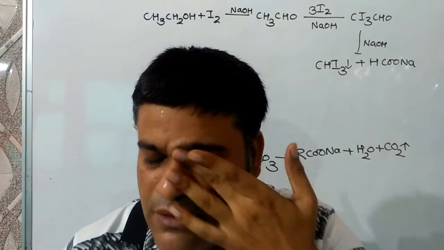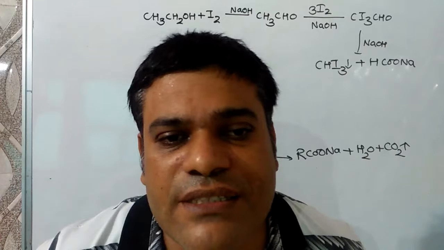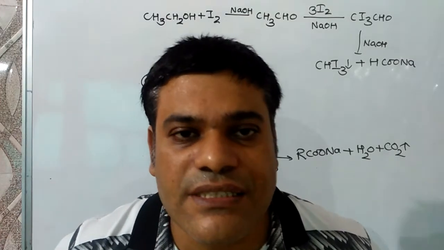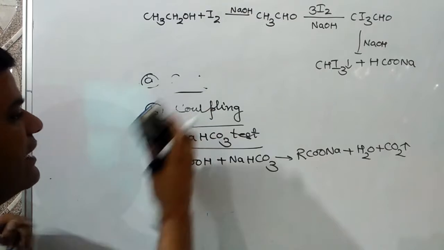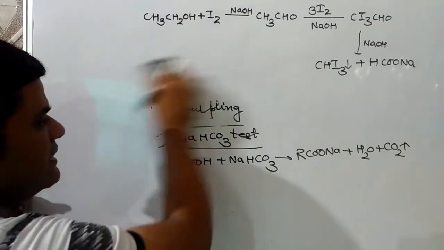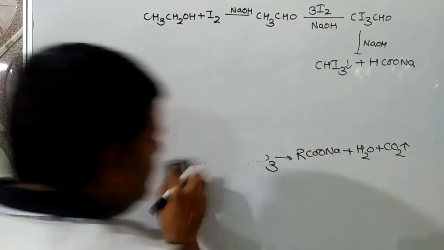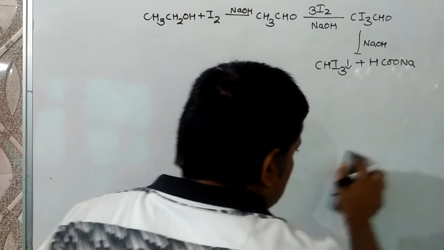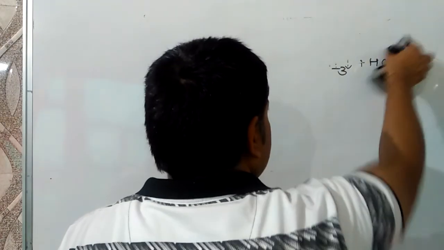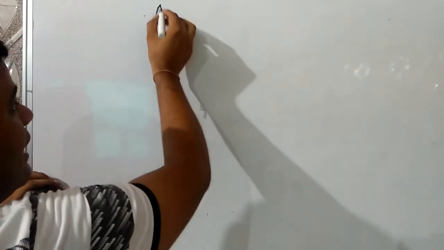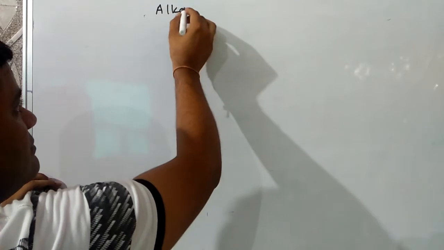After this, we have to discuss the last topic of this chapter, and that is ethers. How can we prepare ether and what are the properties of ether? First of all, we have to know what ethers are. Ethers are those compounds which have an alkoxy linkage in them,